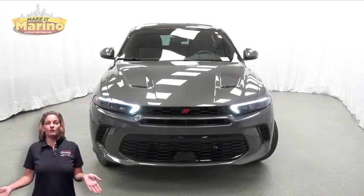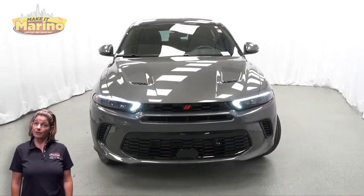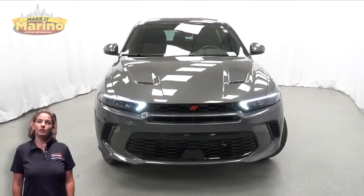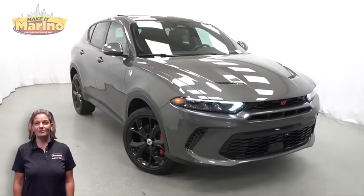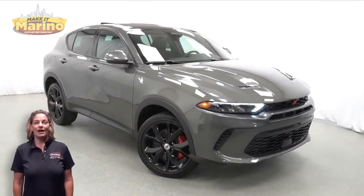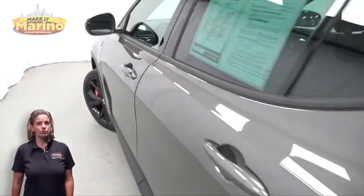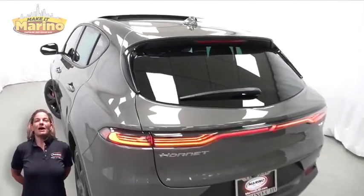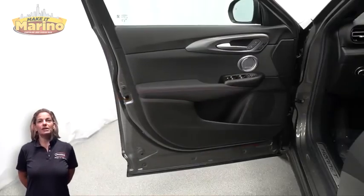If you're looking for a functional compact SUV with reliability and safety for your whole family, then take a look at this 2023 Dodge Hornet GT Plus Track Pack in gray. With LED headlamps, front fog lamps, 20-inch aluminum wheels, blind spot and cross-path detection, dual mode suspension, heated and ventilated